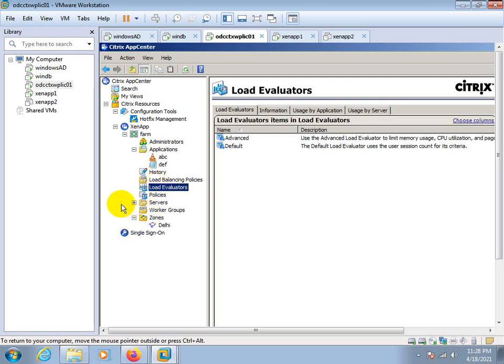In 7.5, Citrix had not introduced the zone option, but in 7.8, Citrix introduced the option again. After that, in 7.11, 7.12, Citrix introduced the LHC option. Before that, LHC was not available with Citrix 7.8. And in 7.5, session recording is one option. So I will send you the complete list of which option comes in which version.